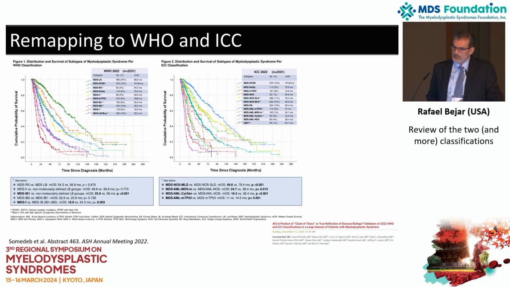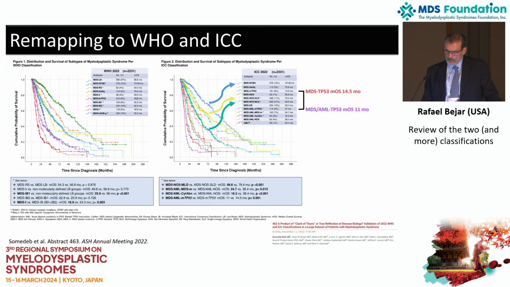A similar study done in part out of Moffitt showed very similar findings. This is a more Western cohort, and in this case, the MDS-SF3B1 patients, who are a greater proportion of the patients, have a slightly better survival than the MDS single lineage dysplasia, which is better yet than the multi-lineage dysplasia, as I showed you earlier. And if you look at the TP53 mutant patients, again, regardless of the blast count, their outcomes are inferior and much to the left on this curve.